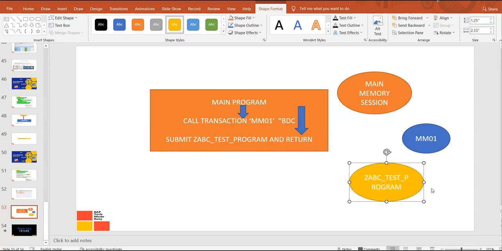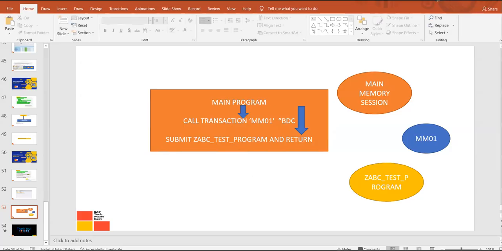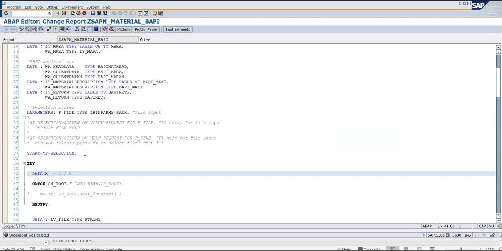So whenever you call any transaction using the BDC technique, or you submit a program, they have their own internal memory, and the previous stack you will not be able to see. What I mean to say, basically,